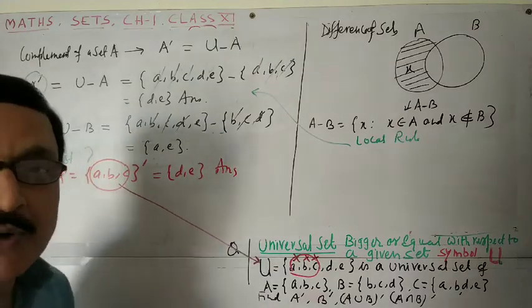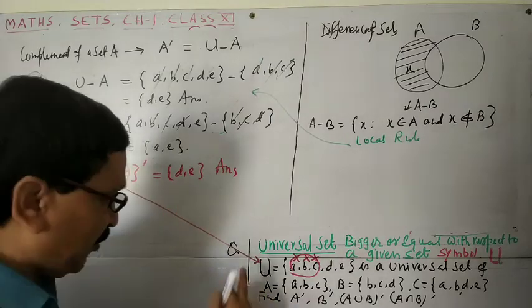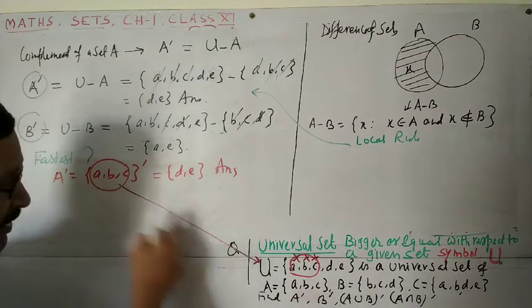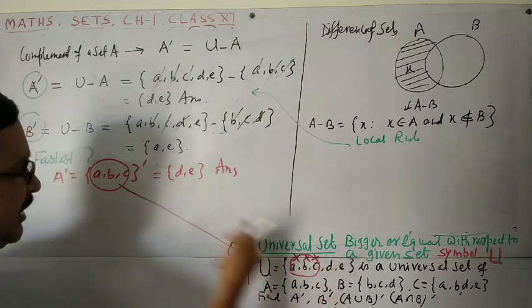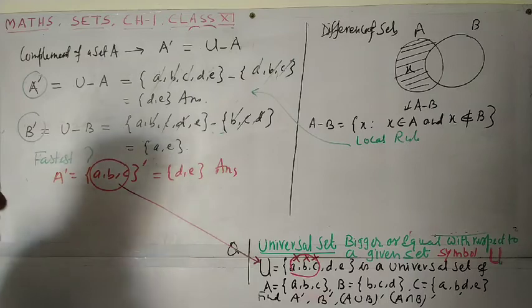So to find the complement, just leave the members of A, and from where? From the universal set. Go to the universal set, leave or cut the members, and the remaining members should be taken. Now to take B complement,